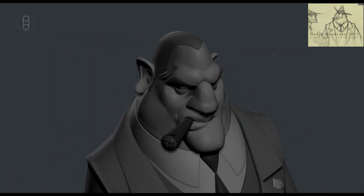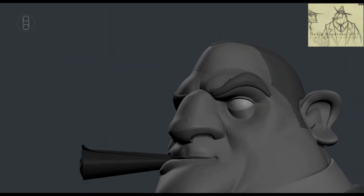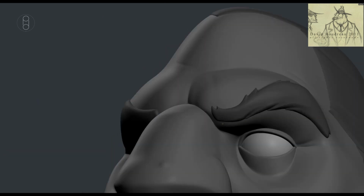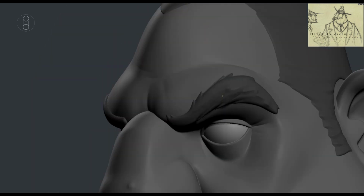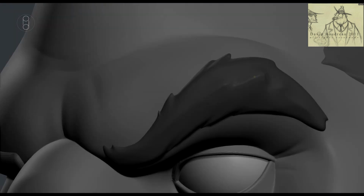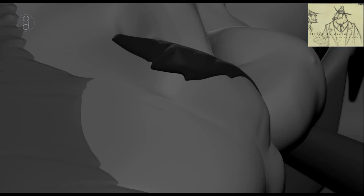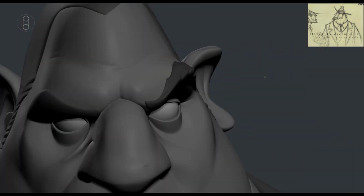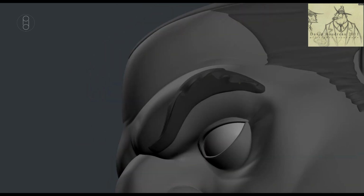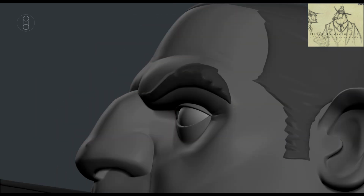Don't know what I'm doing with the hair here, it's completely pointless, but I'm kind of playing around. So the eyebrows, I was trying to figure out what to do with the eyebrows, because I didn't want just simple flat eyebrows. I wanted some detail there, and I know I want a detailed edge along the outside. So you can see here, I kind of figure it out as I go, and I'm really happy with how the eyebrows turned out in the end. And there's a bit of clay polish there, and then playing a brush and going back in, just moving things around with the move brush and sharpening things